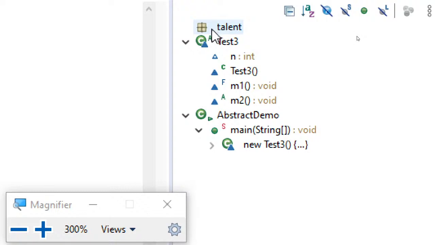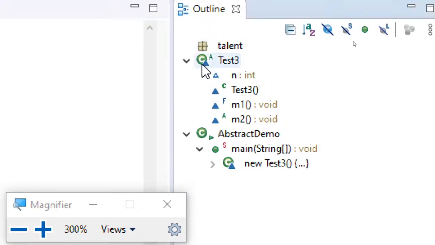So talent is a package, and here C means it's a class, and the capital A, superscript to this C, represents that it is abstract. And here N is a variable, and then here again C, so it's test3, again a class. That's what you should understand.